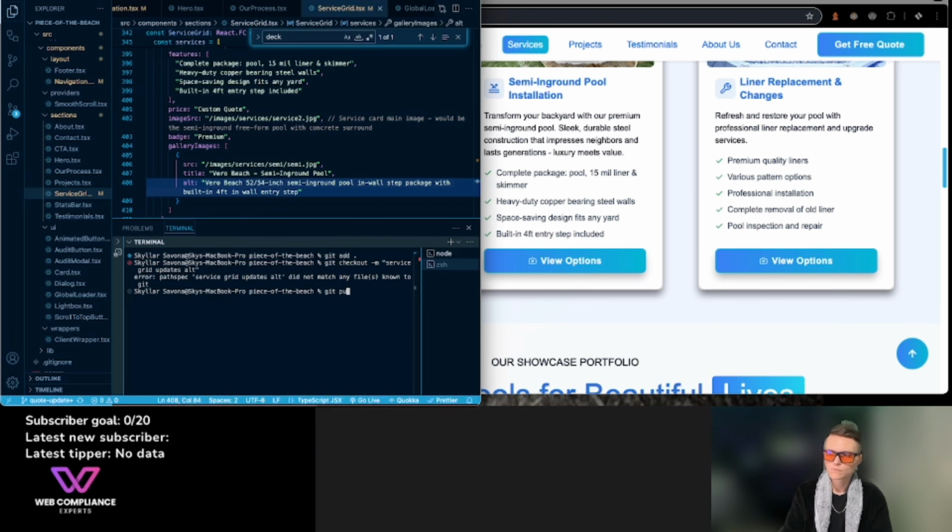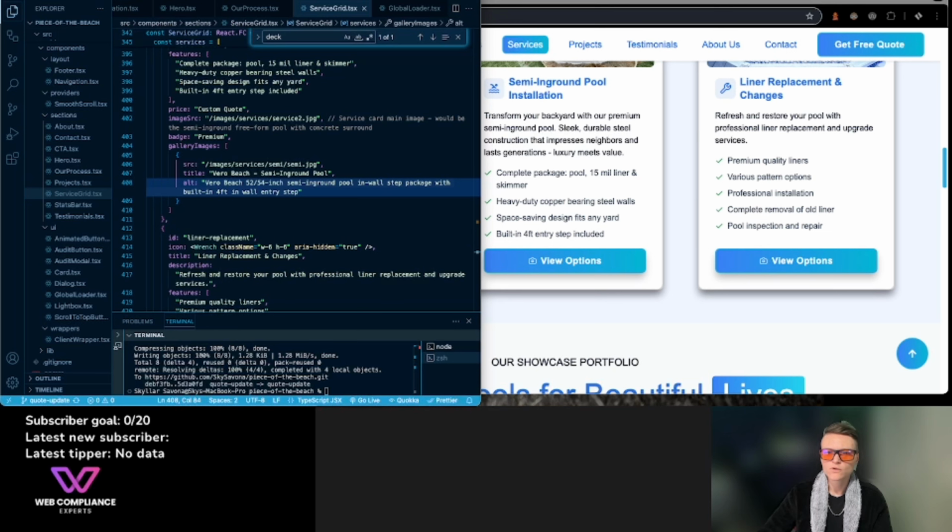Oh, it's supposed to be git commit. Oh. Commit! Okie doke. Now we are also simultaneously working on fixes. Here's your updated improved code. Okay, and this is for my Our Process section. I want to make sure that